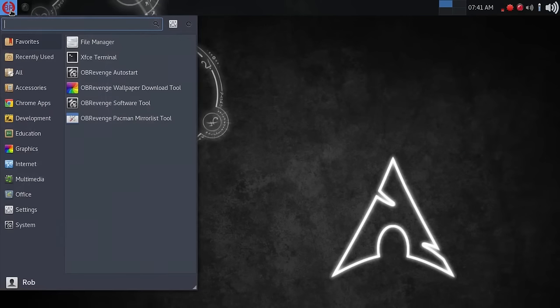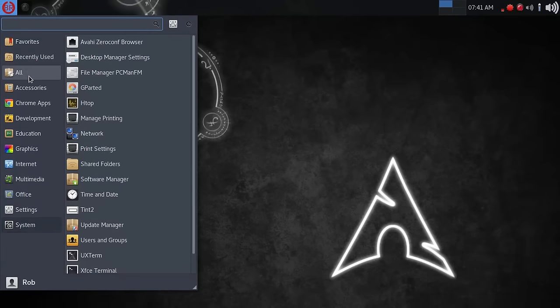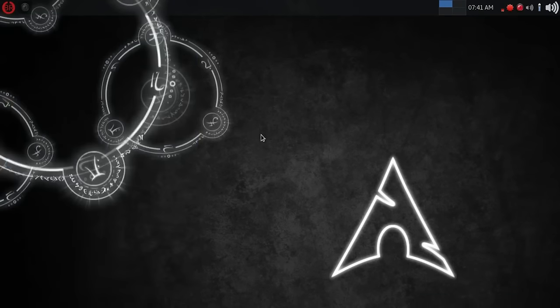Anyway, it was great to see that out of the box, and again, that saved me time, and naturally, it felt right. I'm not familiar at all with the OpenBox desktop environment, but I will say to you that this has been an extremely fast, light OS as I've used this.